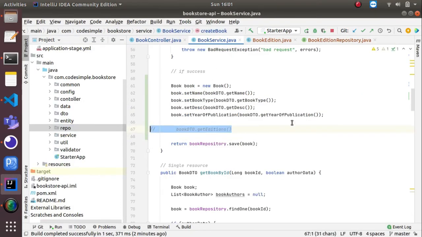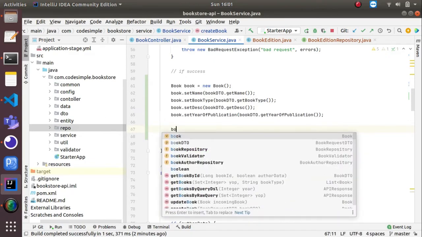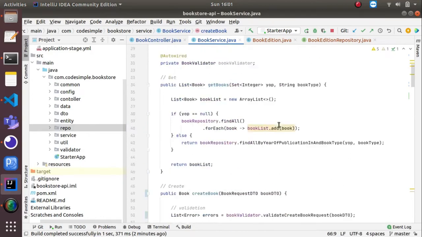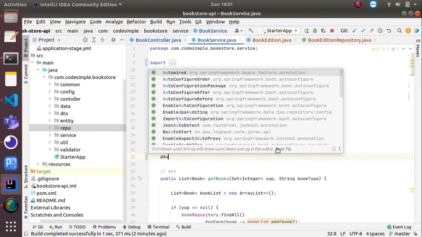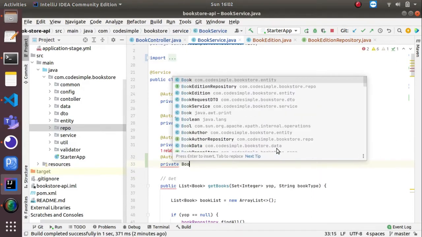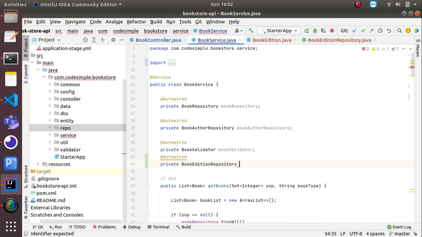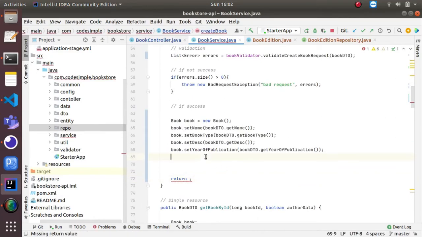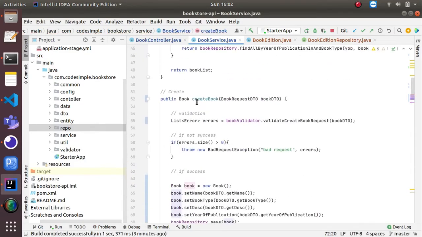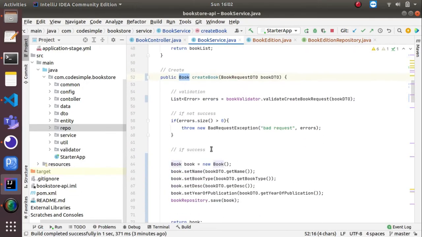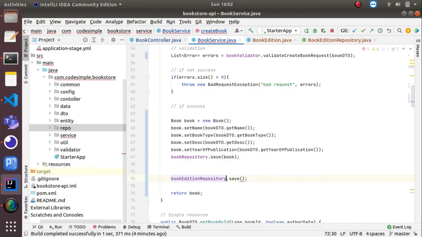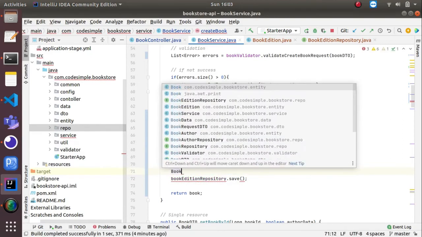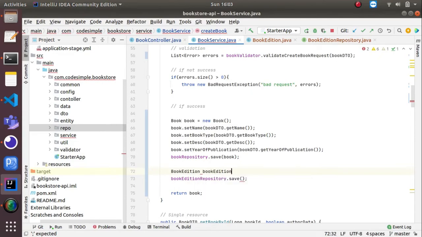Okay, let's first create a dummy book edition. For this I need to auto-wire the book edition repository here, so @Autowired private book edition repository, and I'm giving it a name. We'll be copying this. Instead of saving the book repository here, I'll be saving it after, and then here I'll be returning book, because the return type is book entity. I'm not going to change anything on this right now. For the book edition repository I need to pass a book edition object, so I'm going to create a new book edition entity here with a name like this